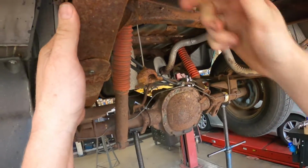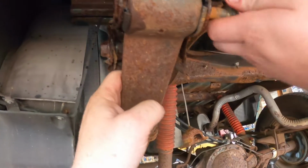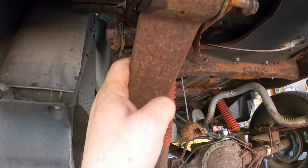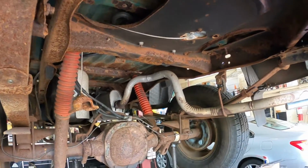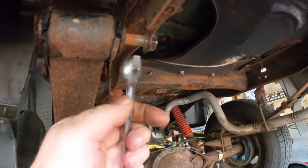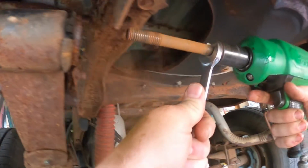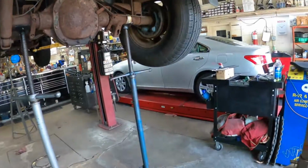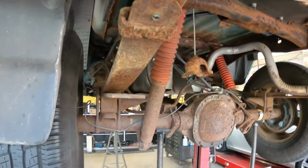You might have to put the gun on it and use a wrench. You might have to put the gun on it and put a wrench on it. Yeah, get one of the 17s and I'll show you how to do it here. All right, so now what he's going to do is I'm going to push on the wrench. Go ahead. And there, they'll come right out. Okay, so now that is out, we should be able to